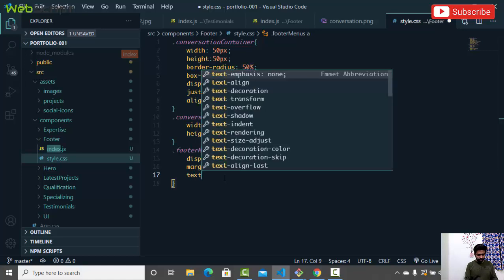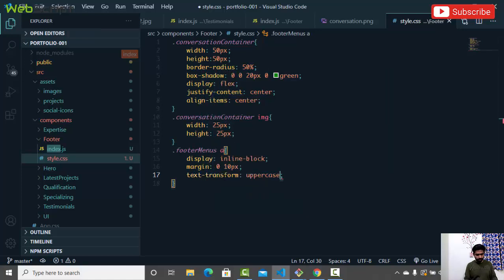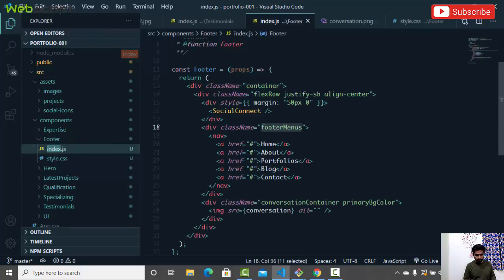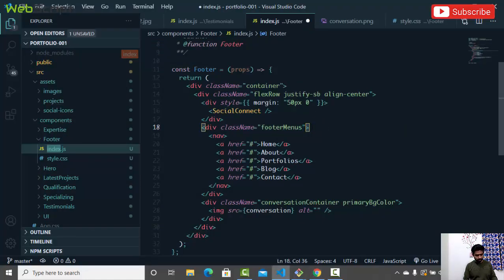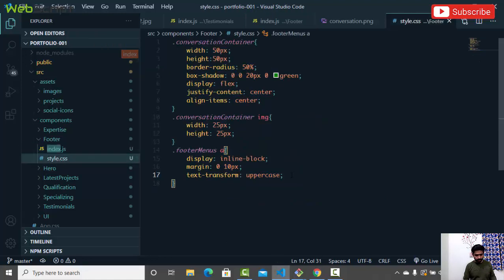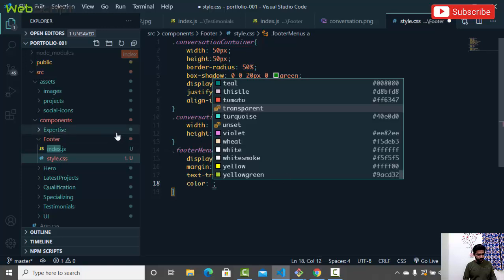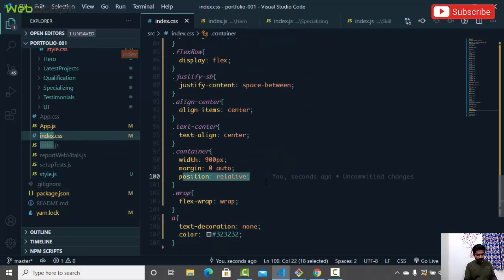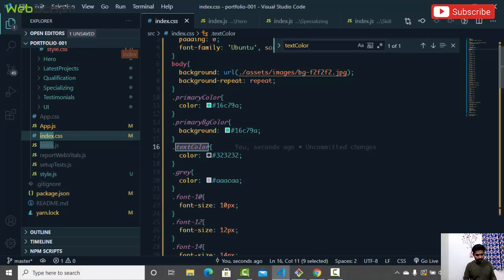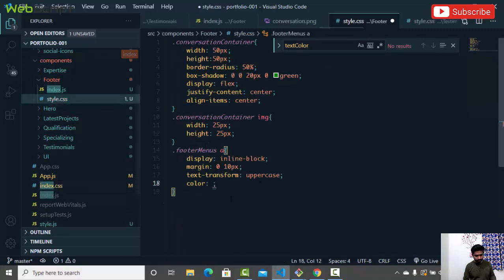You can also say text-transform uppercase, and I don't remember the color code, so we'll simply write over here color, we're gonna say gray, and it is not working. In style.css, the color is going to be our color. Okay, so let's go to the index.css and let's find the text color. So this is going to be this one. Copy, and let's go to here and say